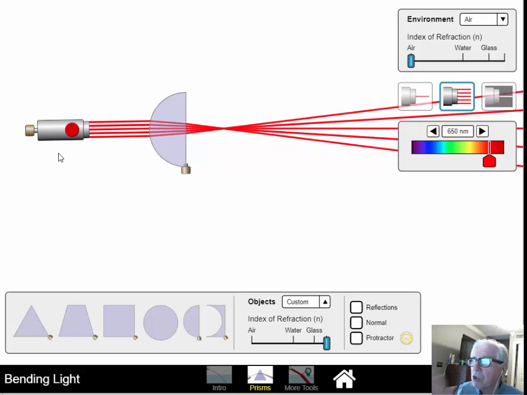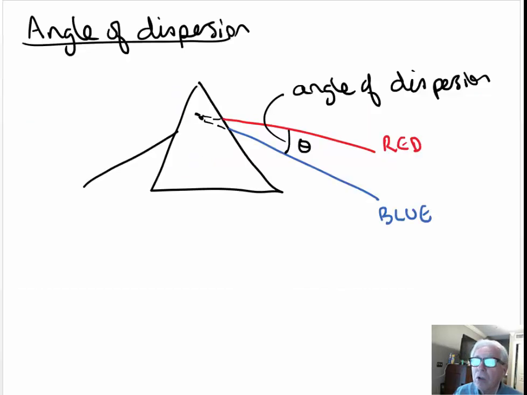So those are the things that I want to do for today. We'll call this the first lab. You need to make sure you're comfortable with the physics we've been talking about. Know the angle of dispersion, know how you can find the angle of deviation and know what it is. Know that parallel glass blocks or plastic blocks or whatever will give you an offset beam but in the same direction. Know how to do good old Snell's law,